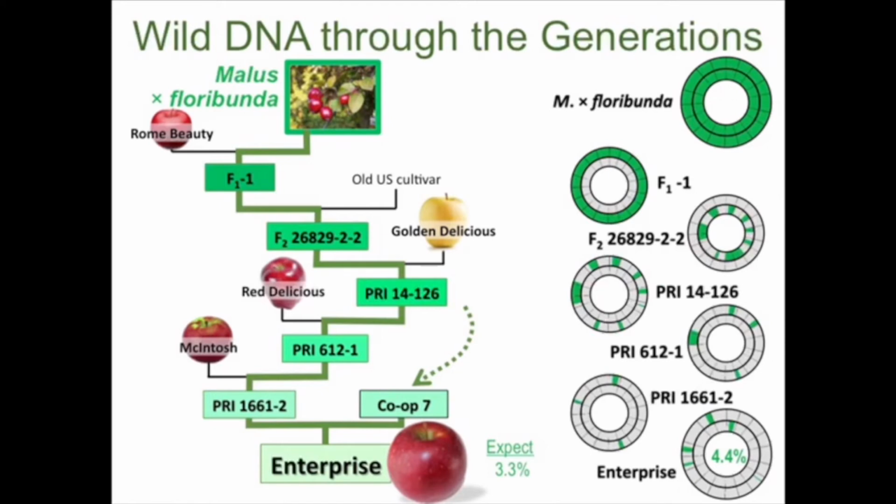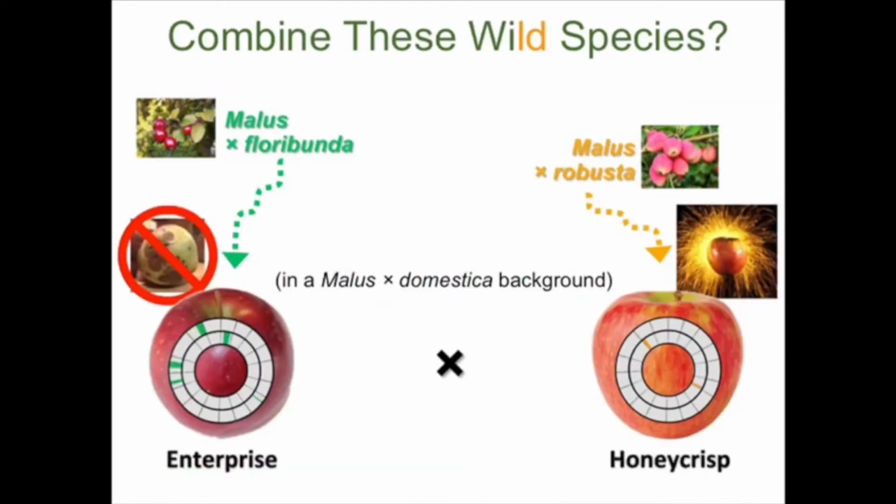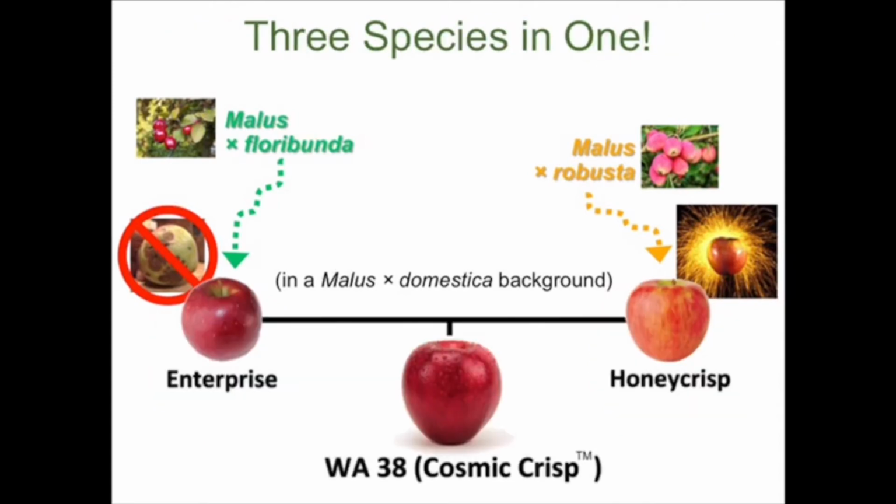So what about if we combine these wild species? Enterprise has got these pieces of floribunda, and Honeycrisp has got these, and they're in the standard species, Malus domestica, in that background. What if we combine those together? That's being done, and that's what Cosmic Crisp is, or WA38, as we fondly know it, at Washington State University. So this is commercially released recently, and it'll be available in the supermarkets apparently this month, all across the